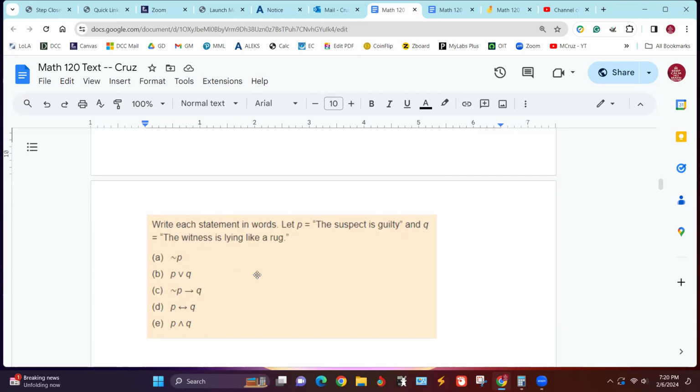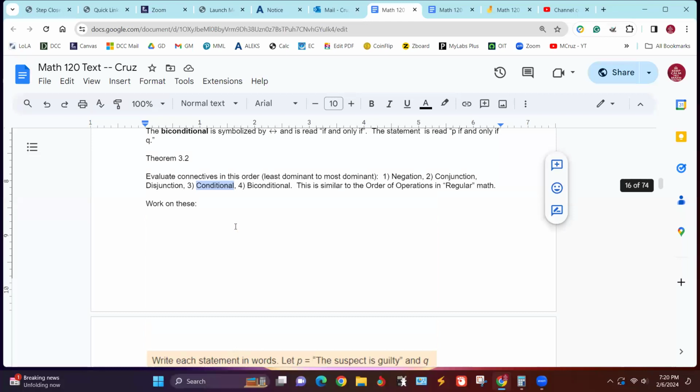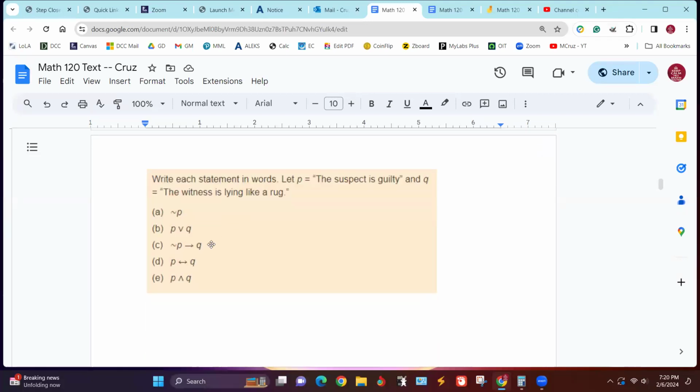Okay, so now let's kind of go the other way and go from symbols to words.